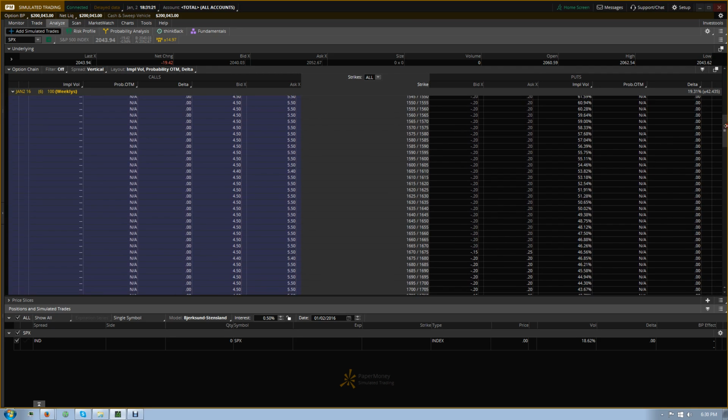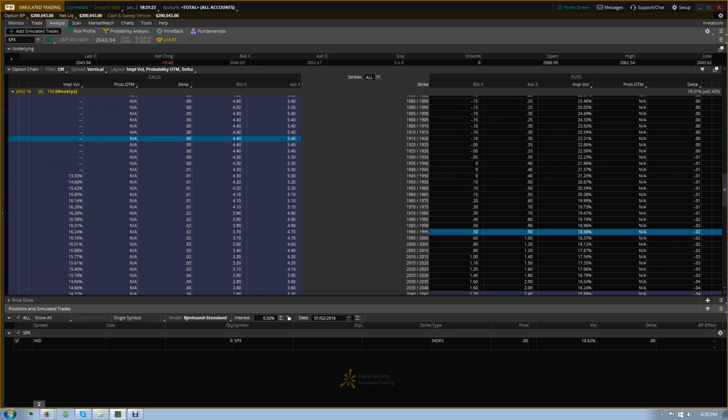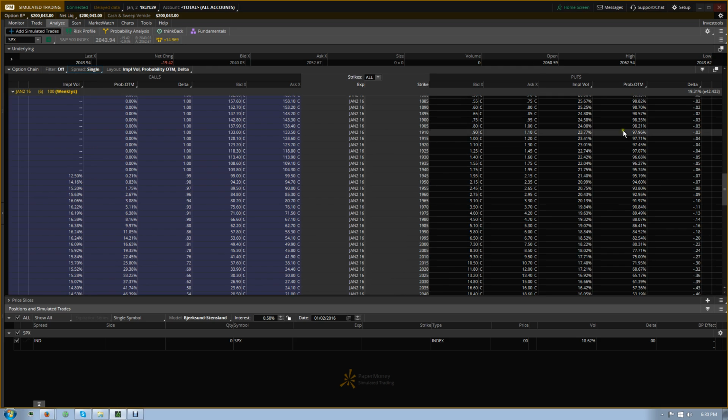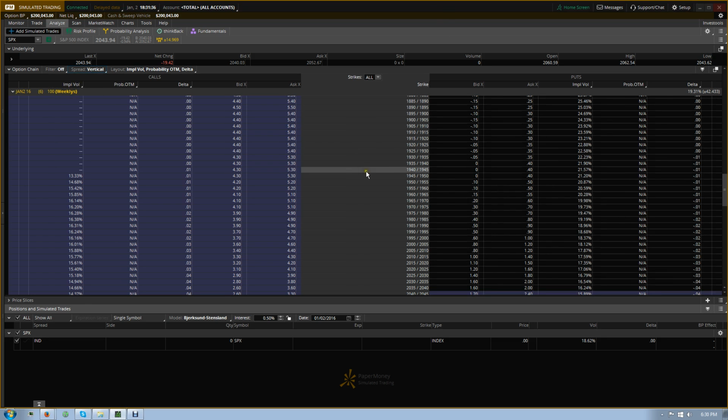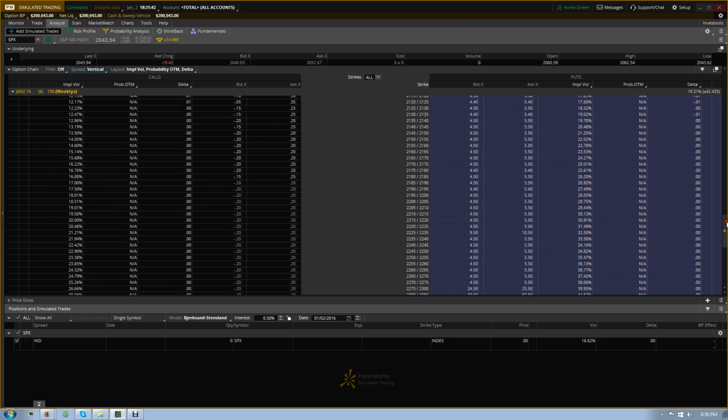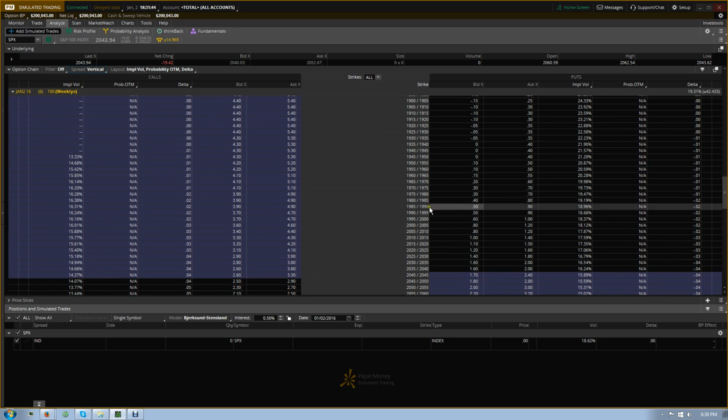So then we're going to go over here. We pulled up our options chain, and we're going to make sure we're on vertical, because the singles will pull up singles, which is different. But if you're going to do a credit spread, you're doing basically a vertical, and this will pull up the verticals and give you the strikes. And just for an example, let's do